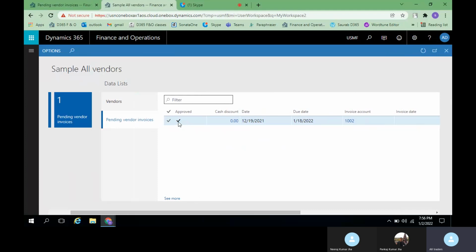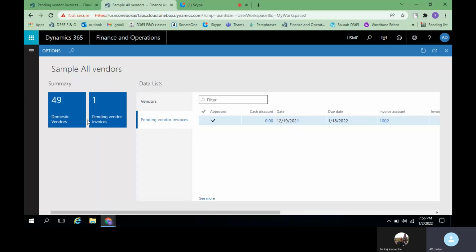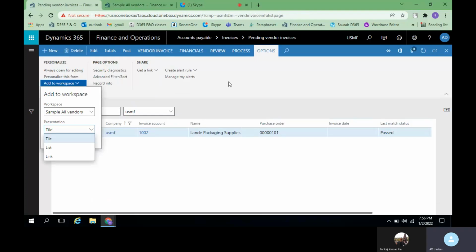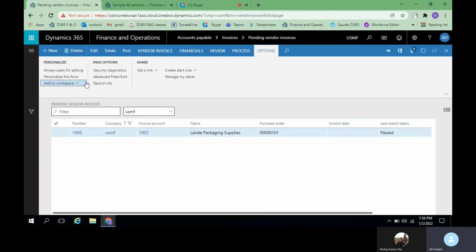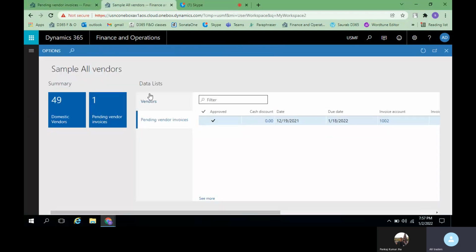for that particular day or for that particular week or anything, you can just keep it as the first column. If it is least important, you can just ignore or remove it. If you want to know the discount, or if you want to know date wise, you can make whatever changes you need. Like this, you can create a number of lines, and those lines will be created depending on availability. Since we have only one option in this tab, under the pending vendor invoices, whatever details are available will show under the data list.